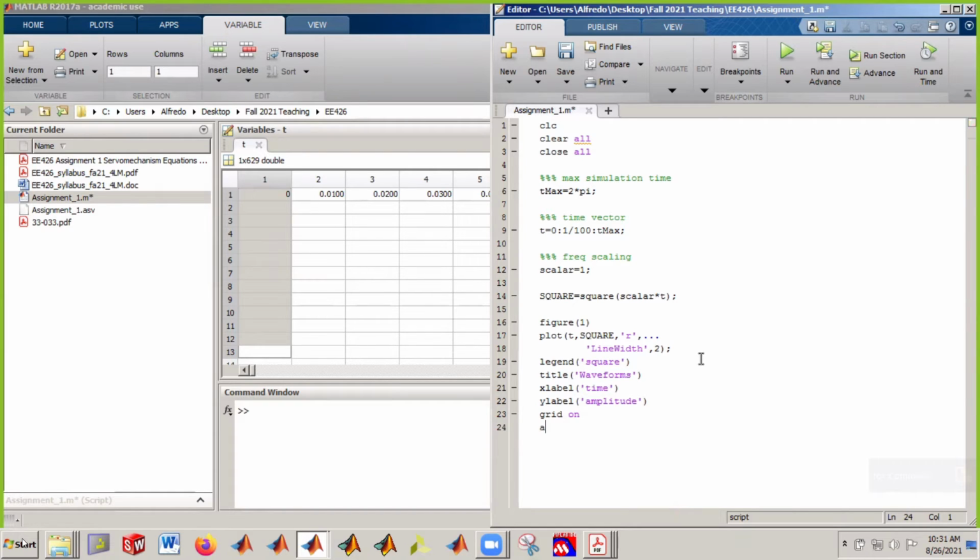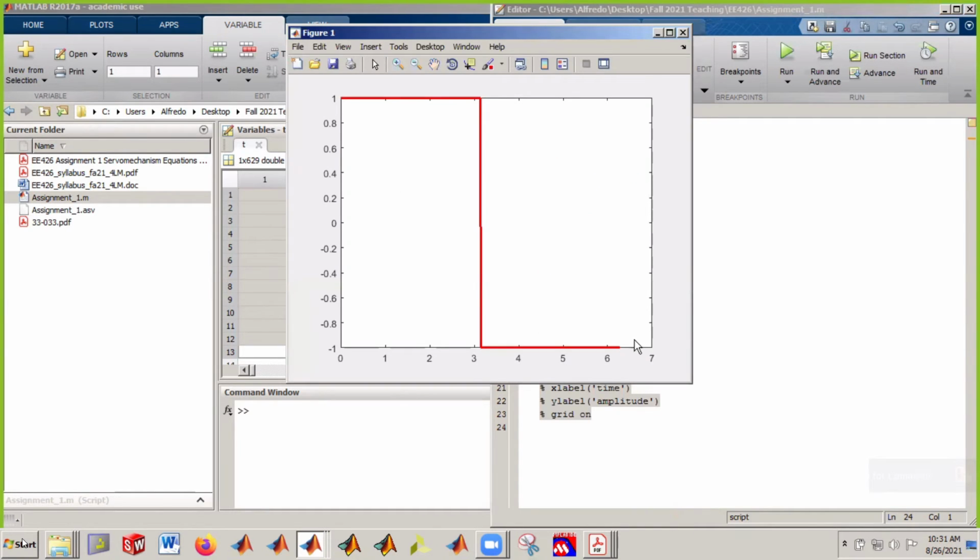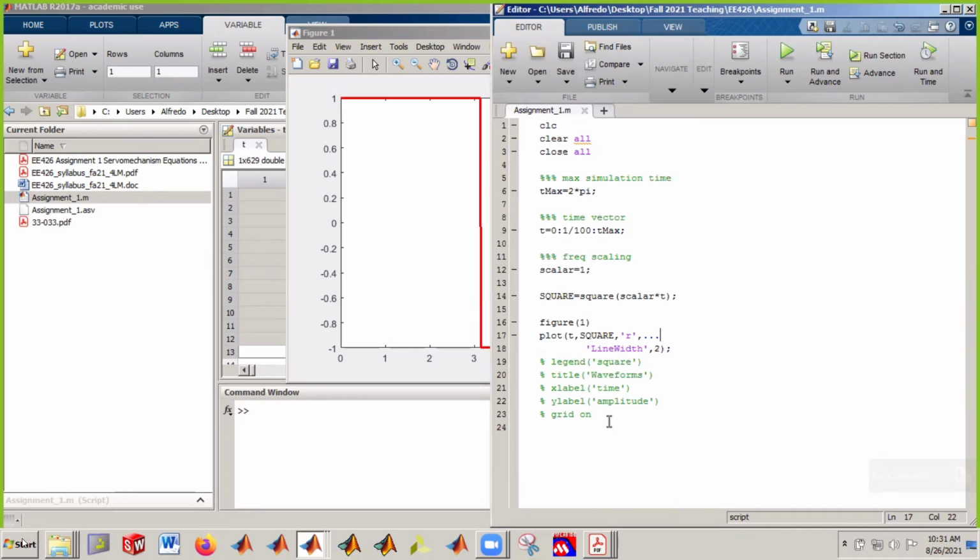And then axis. Why am I doing this, and why is the axis important? Notice how when I plot this, MATLAB just stops plotting at some point, right? This is 2 pi over here, then MATLAB gives you all this empty space. Why would it do that? This is something you can actually control. You don't want to have empty spaces; this looks weird, it looks incomplete, right? So you can fix that by specifying an axis